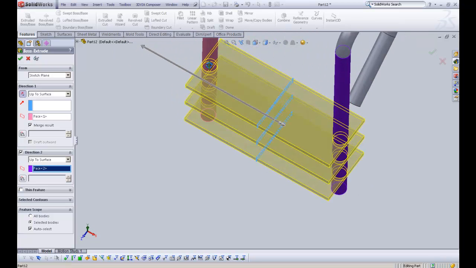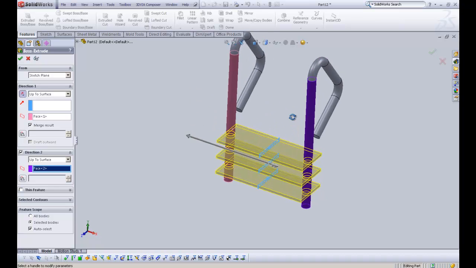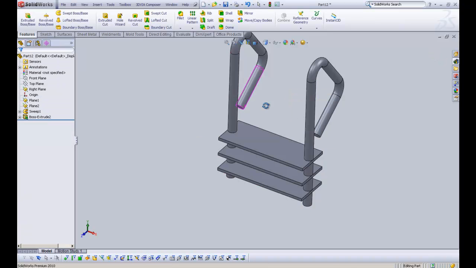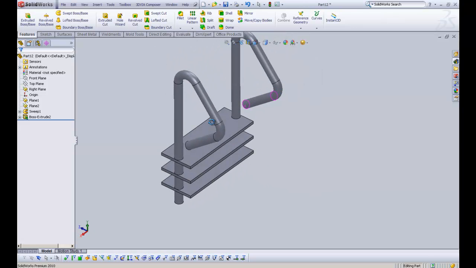on both handrails. The reason that we couldn't extrude up to the body was because the handrail is a lot thinner than the overall depth of the step. Solidworks doesn't like that, and it doesn't know where to terminate it. So it tries to terminate it where the handrail intersects, but the rest of the step will then just try to keep on going. So if we click OK and accept that,